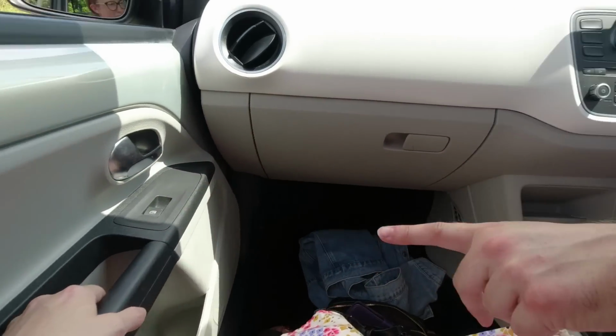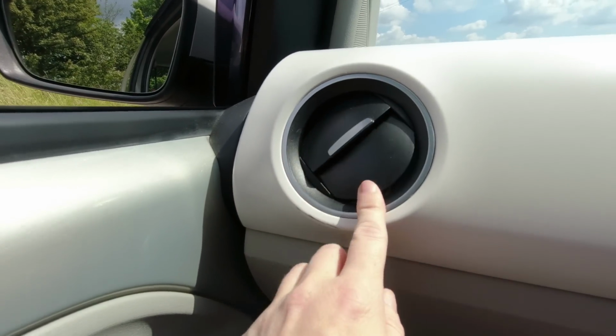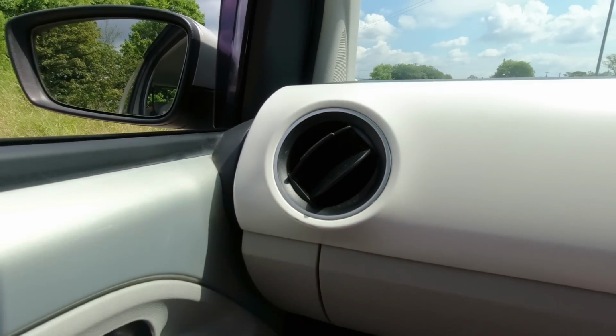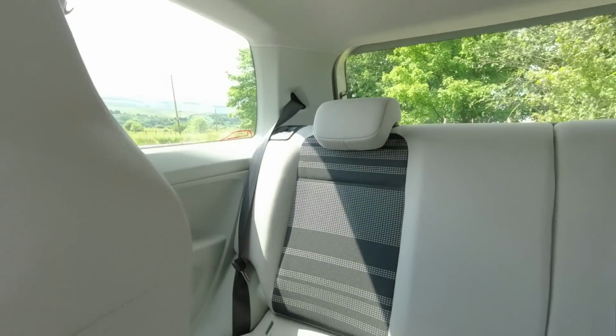And operate the passenger window that way. Yeah, not ideal, but little vent, quite nice. Rotate, and you can adjust them. I think that's quite a nice feature. But I will say, I'm not even going to try and do a rear seat test because the rear